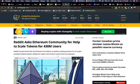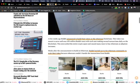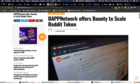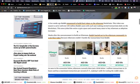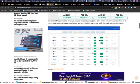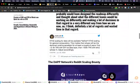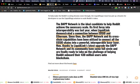And when this news broke out, these guys from DApp network were like, hey, we can actually help, right? So DApp network offers bounty to scale Reddit token. You see? So this was the news. Of course, I wrote this news. They have 430 million users. Anyways, just note, I'm just trying to tell you the problems that Ethereum has,